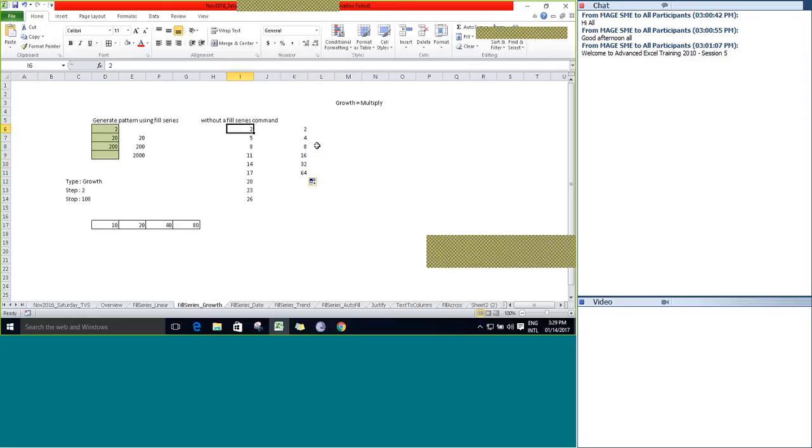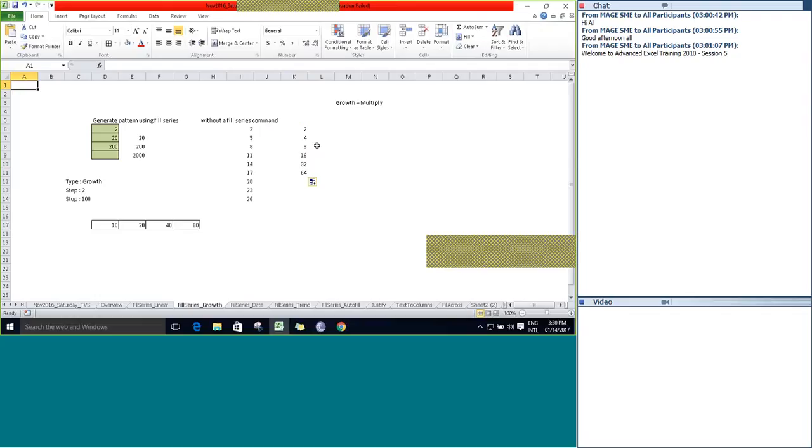So by default it will generate a pattern with a linear style, right? So if you want to multiply, you have to provide a formula accordingly based on your reporting need, and then you can generate a string pattern for a growth, that is the multiply option.